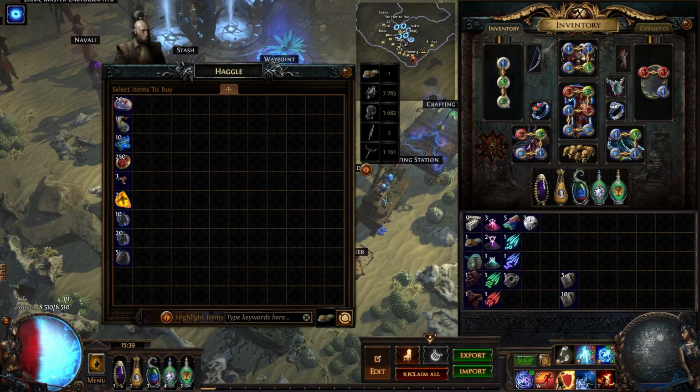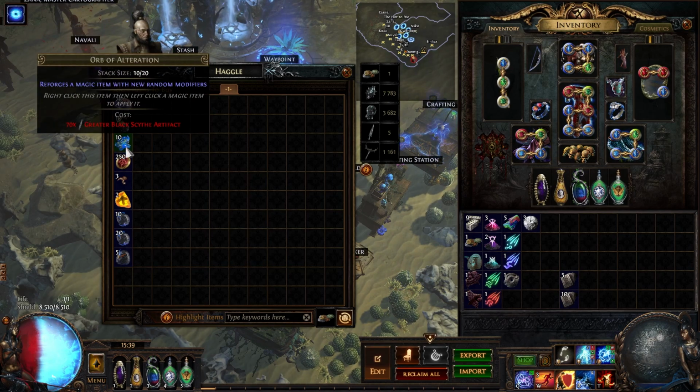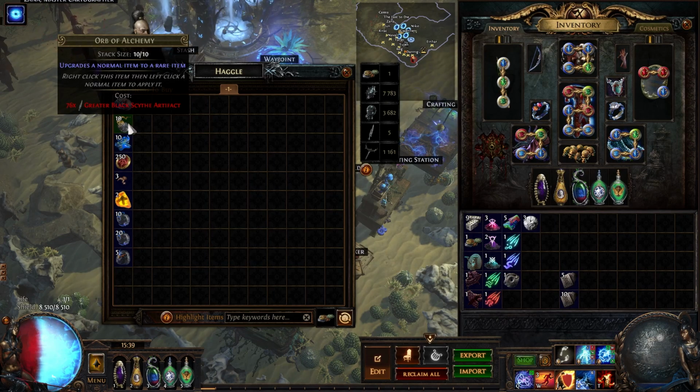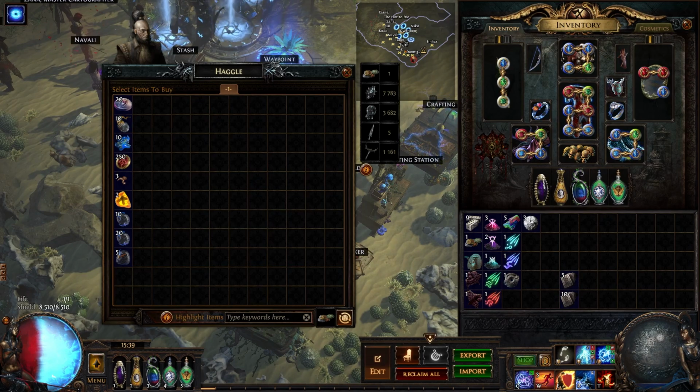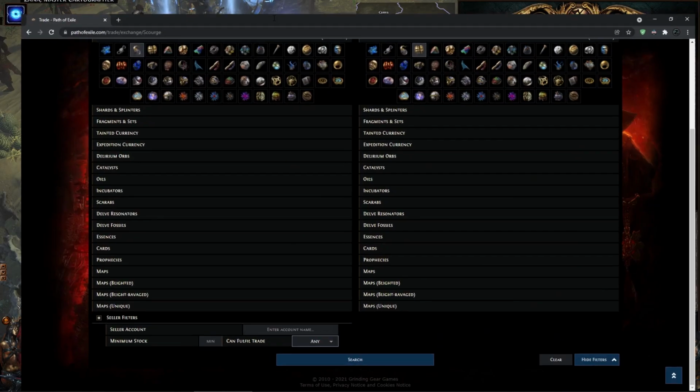When you buy from them, what I like to do first is check the prices of the items. For example, here you might look at the silver coin and think no one really is using silver coin, so this is a bad currency. Same for alteration, it's not that great of a currency. And alchemy, a lot of people are using alchemies to alchemy them up, so it's a pretty nice one. But when you actually look at the prices of them,